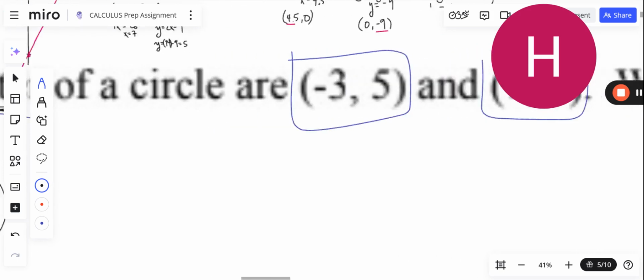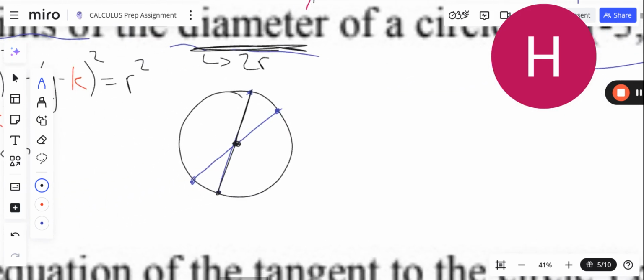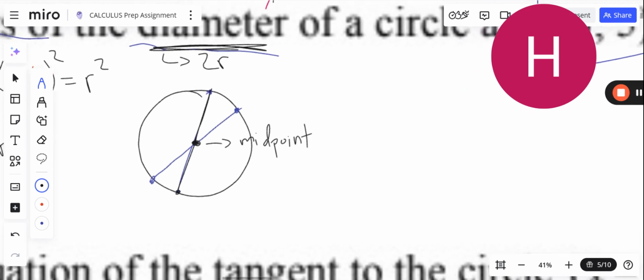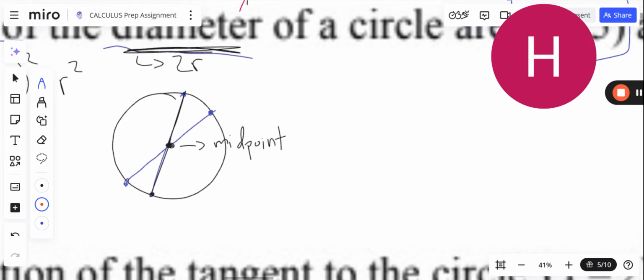So if we're given 2 endpoints, which we are, we can find out the distance between them. And then we can even find the center location because we can find the midpoint. The center is the midpoint of every single diameter on the circle. So if we're given 2 endpoints, we're going to need the midpoint, and then we're going to need the distance,